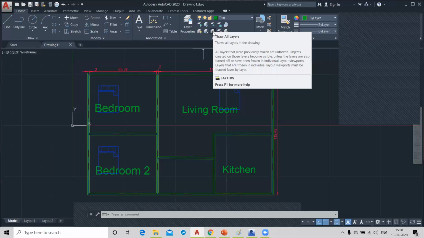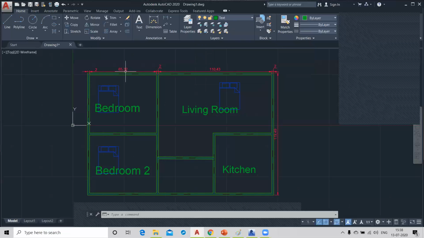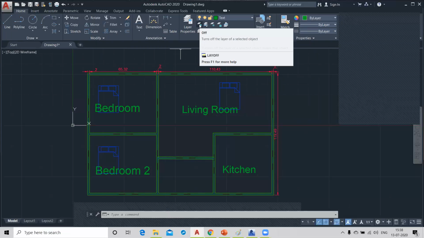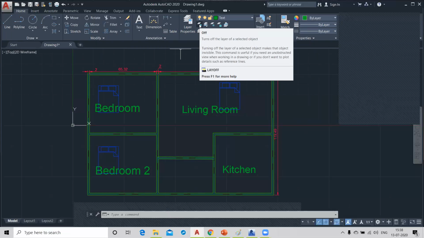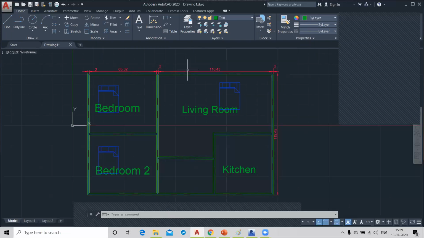Temporary means if you want to print out your plan, and you turn off any layer, that layer will not come in your printout. When you turn off any layer, it will hide from the screen, and you also can't take a printout of that layer.